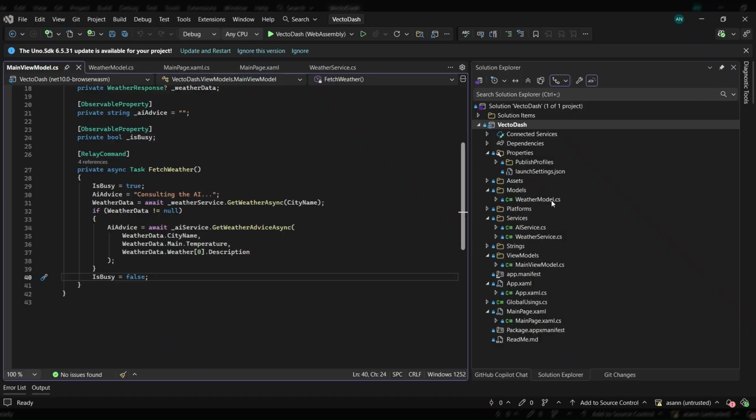Building an app that works is easy. Building an app that scales is hard. Look at our project right now. We have folders for models, services, and folders for view models. It's the standard way, but it's a trap. As soon as you add five more features, you will be scrolling forever just to find the logic for one